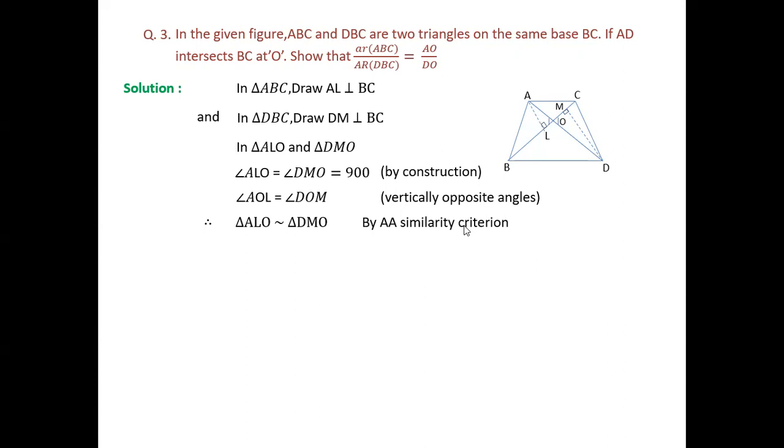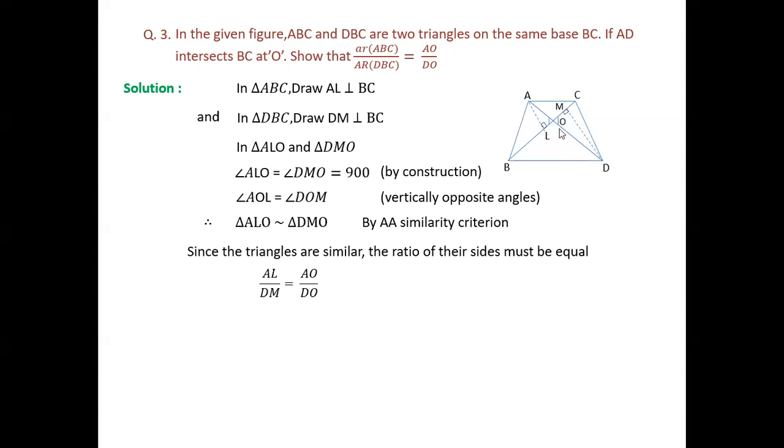Because these two triangles are similar, the ratio of their sides must be equal. Therefore, AL upon DM, that means the ratio of the perpendiculars, is equal to AO upon DO. Let's number this. Say this is the first equation. Now,